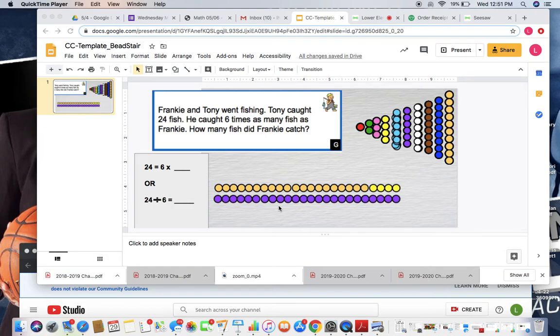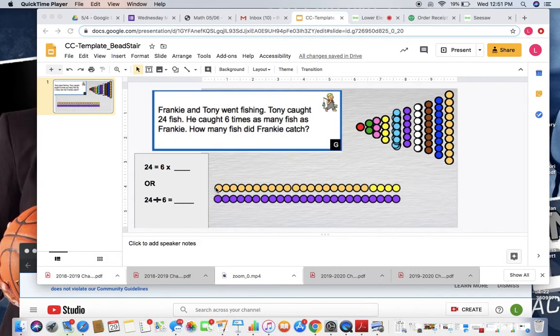All right, so today we are looking at the following word problem. Frankie and Tony went fishing. Tony caught 24 fish. He caught 6 times as many as Frankie. How many fish did Frankie catch? So this problem can be kind of tricky because they actually tell us the total that Tony caught, which is